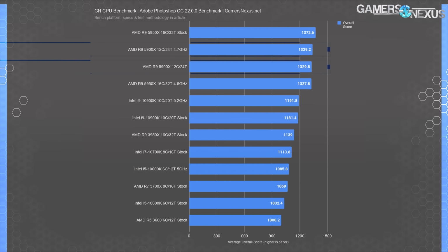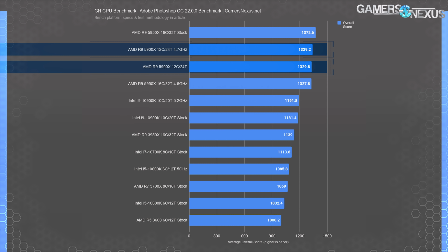Adobe Photoshop is next. As discussed in our 5950X review that's again already live, Photoshop has historically been a benchmark that Intel has maintained full chart-topping control over. It's been uncontested here for years. It wasn't long ago that even a 9600K made more sense than some of the top-end Ryzen CPUs. Now that's changed. AMD holds 4 out of the top 5 entries currently on this chart,